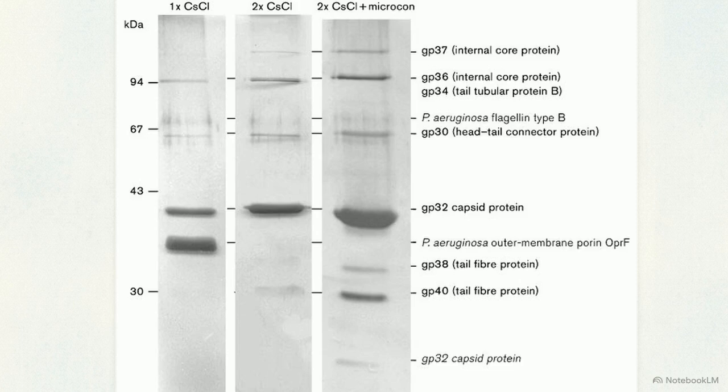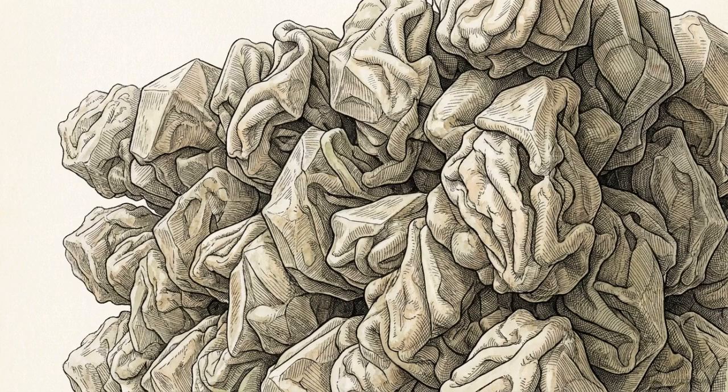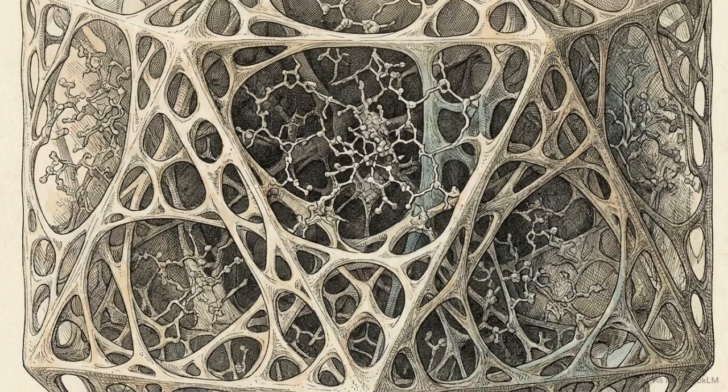The thick, dark bands in the third column yield high sequence coverage for abundant proteins. This run identified the dominant GP32 capsid protein at 38 kilodaltons and the massive GP36 internal core protein around 94 kilodaltons. SDS-PAGE provides deep, high-resolution data for dominant architectural structures. However, because it relies on extracting material from visually distinct gel bands, it remains completely blind to vital, low-abundance structural